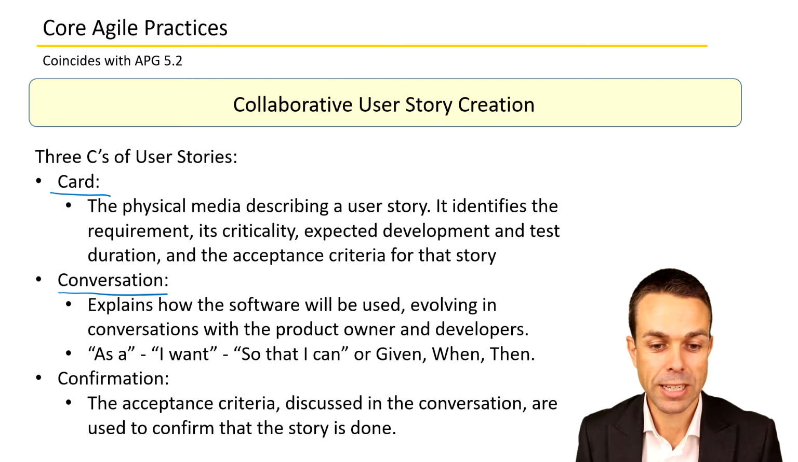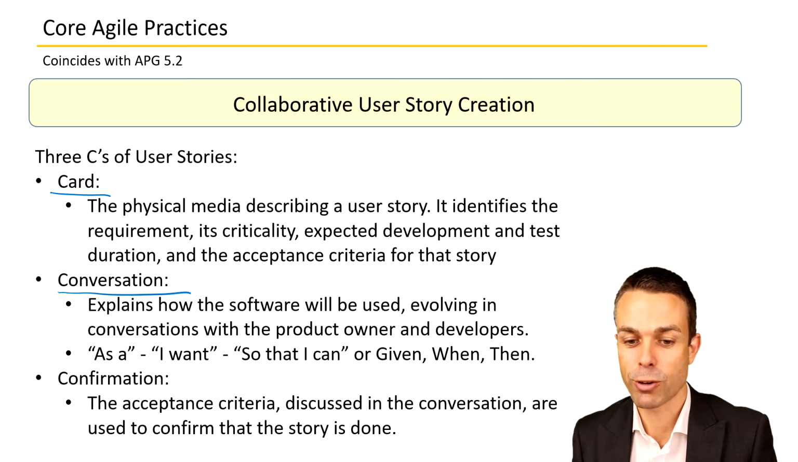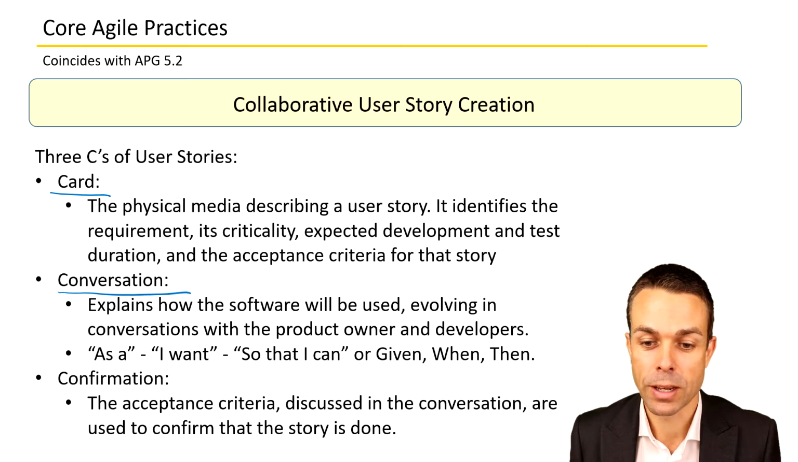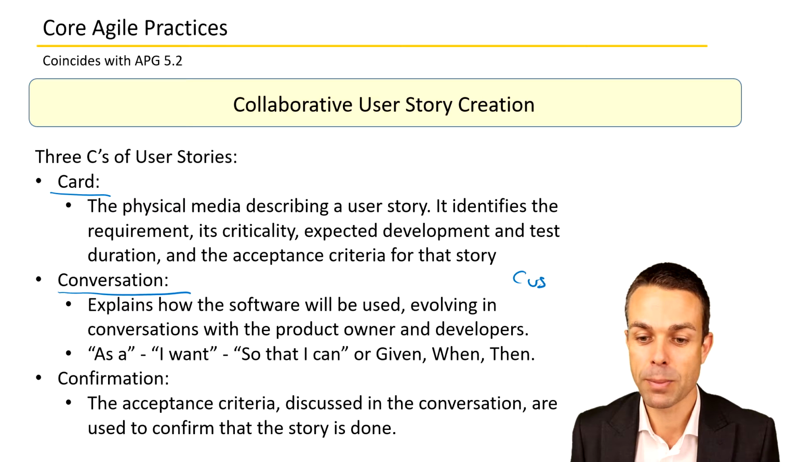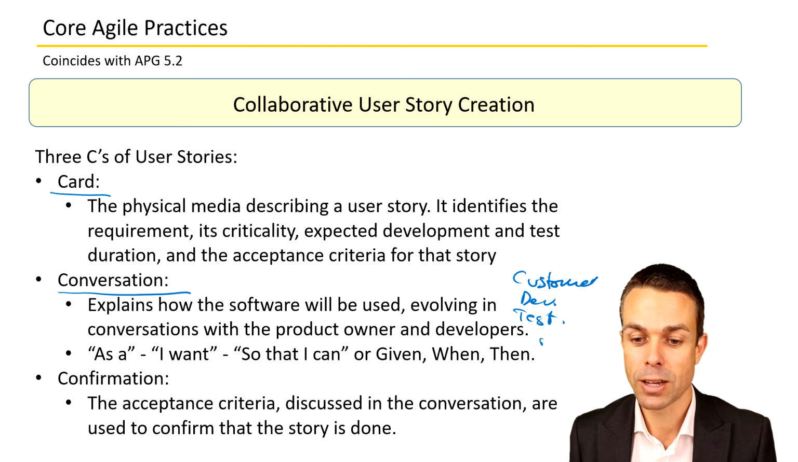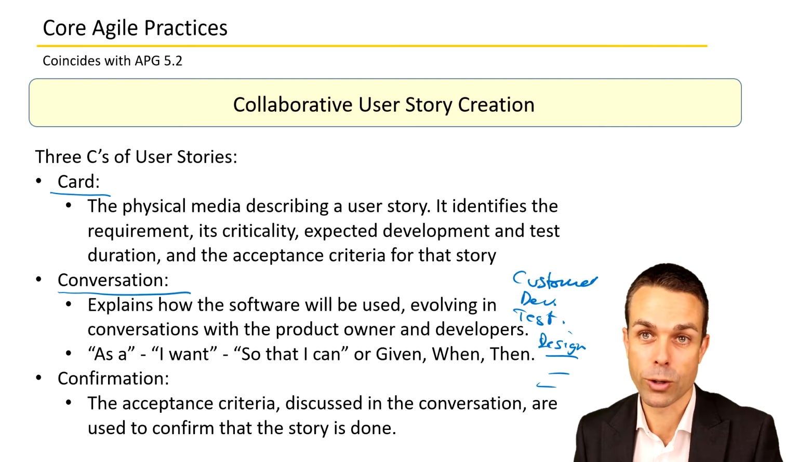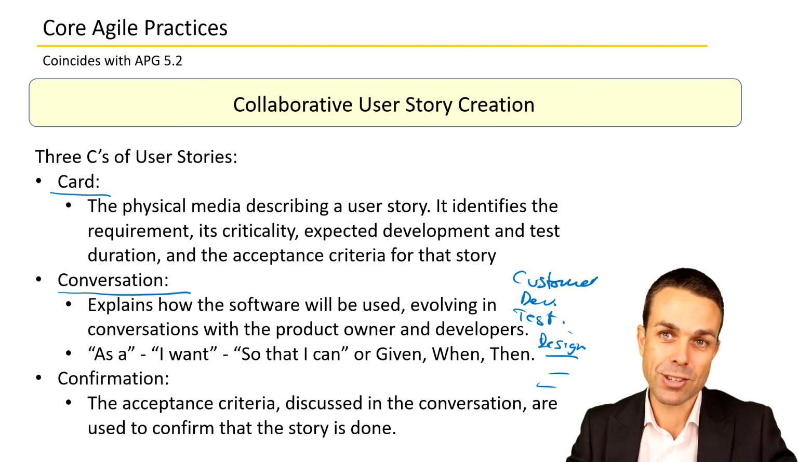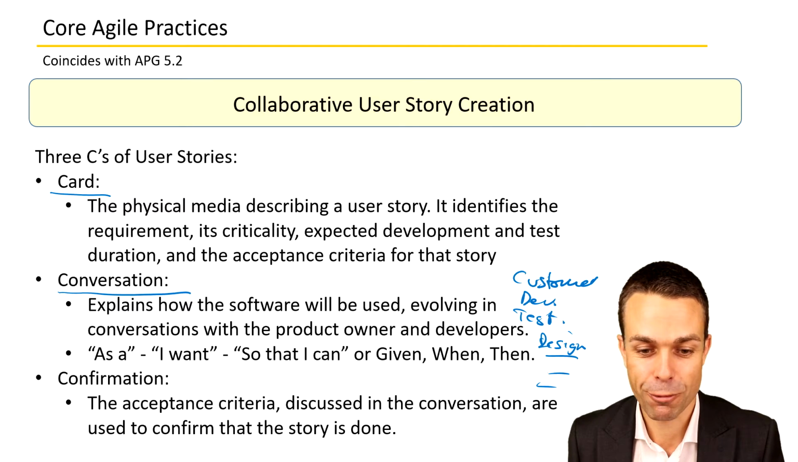We've got the conversation. So this explains how the software will be used, evolving in conversations with the product owner and developers. So everyone is always talking. You've got the product owner representing the customer, and you've got the developers creating the products, you've got the testers testing that acceptance criteria, maybe you've got design in there, maybe you've got a few other members within your whole team approach. In your cross-functional team, everyone who needs to be there is within the team itself,